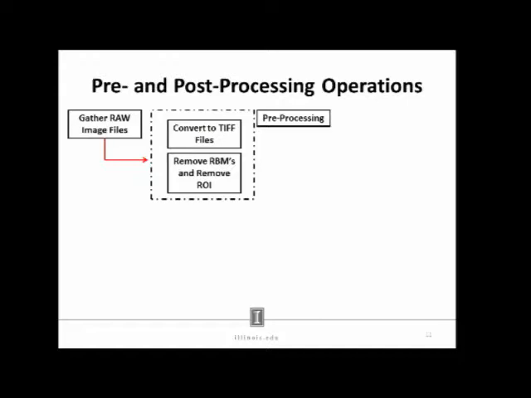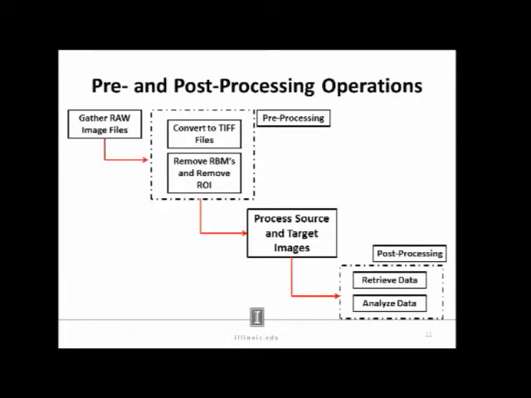We generally deal with removing rigid body motions, rigid body rotations. We're finding better ways to handle those. And then also removing the region of interest, which is generally just outside of the crack tip. So then obviously going through and processing the source and target images, knowing that we have the same region of interest. It's just the distance and time between the images that we took, and then finally post-processing, retrieving the data and analyzing it, whether you're retrieving it and analyzing it through MATLAB or a commercial software,